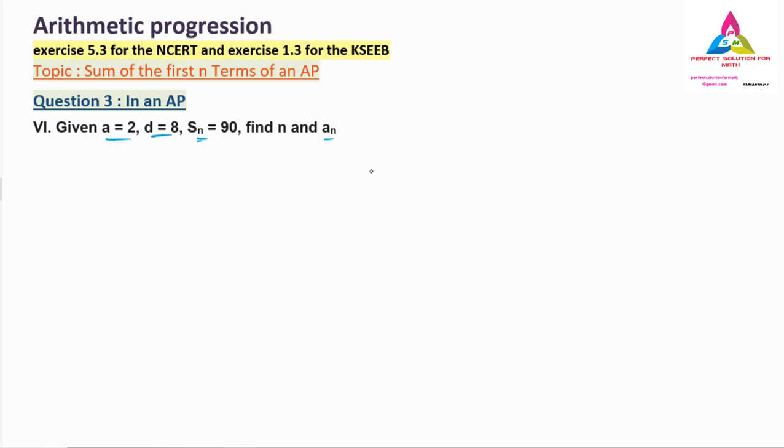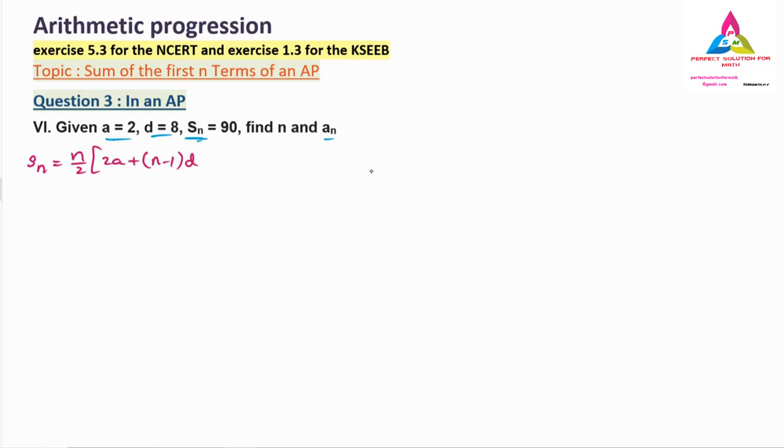So to solve this problem, you have to go back to the 9th standard polynomial lesson. There you have one method of splitting of the value that you have to do over here. Then only we can solve this problem. So very important. So we will solve this now. Which formula do you have to apply? Whether we have to go for an formula or Sn formula. Here it is clear. They have given Sn value. So we have to go for what? Sn formula only. So Sn is equal to n by 2 into 2a plus n minus 1 into d.